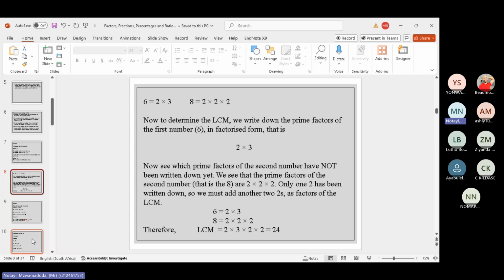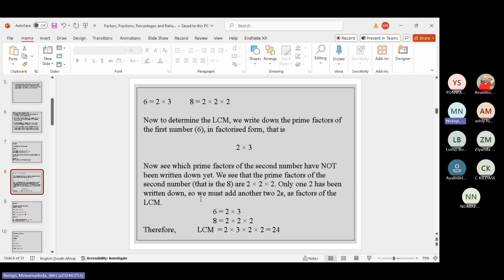We take the two 2's to write the LCM. So 6 is equal to 2 times 3, 8 is equal to 2 times 2 times 2. We'll first take 2 times 3, and then because one 2 of the three 2's of 8 has already been written, we will take only two 2's. That is 2 times 2. So the LCM will be 2 times 3 times 2 times 2, which is equal to 24,